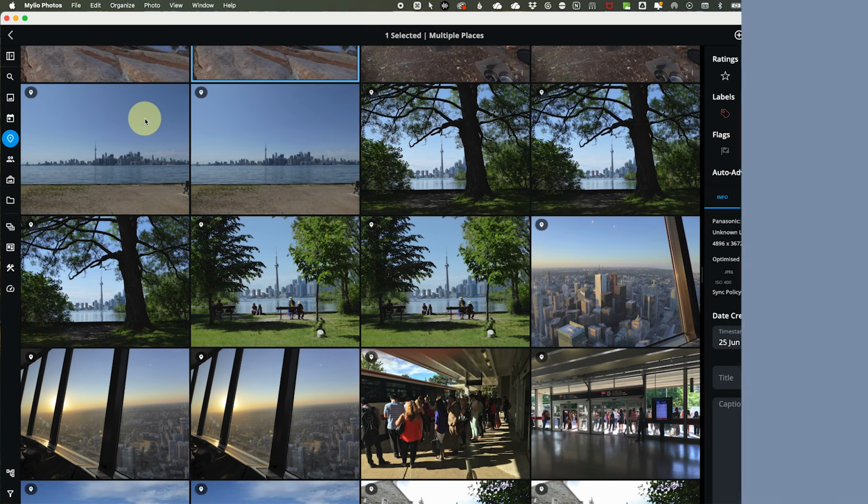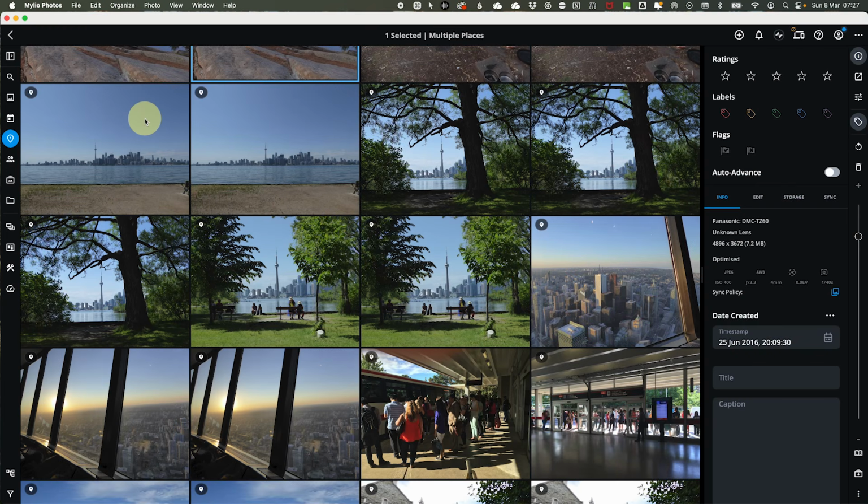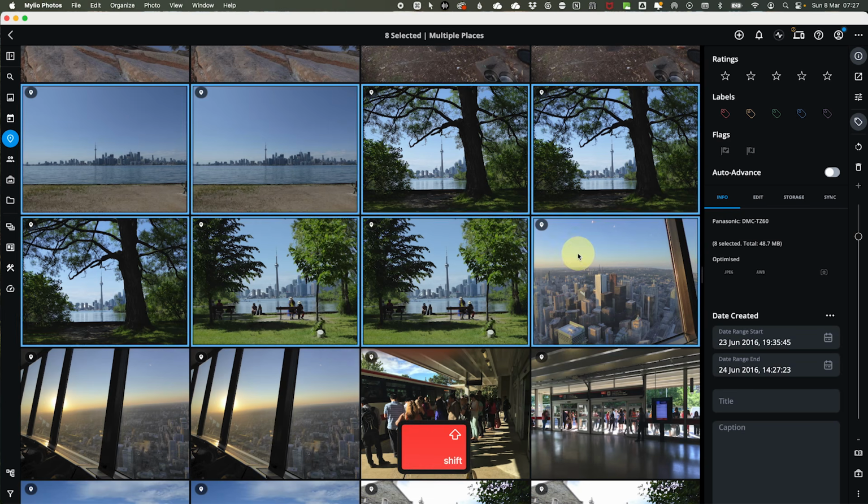Albums. The first option is to create albums. To add photos to an album, start by selecting the images you want. If you want to select multiple photos in a row, click the first image, then hold Shift and click the